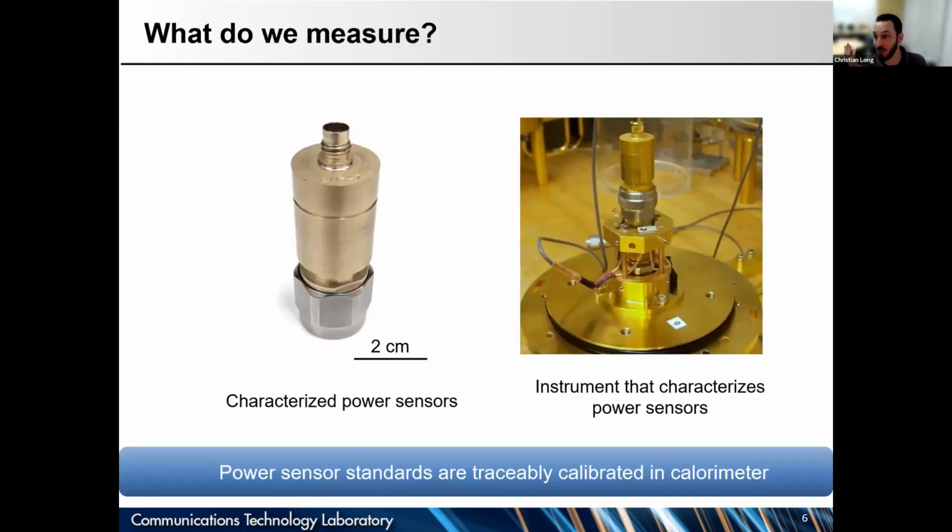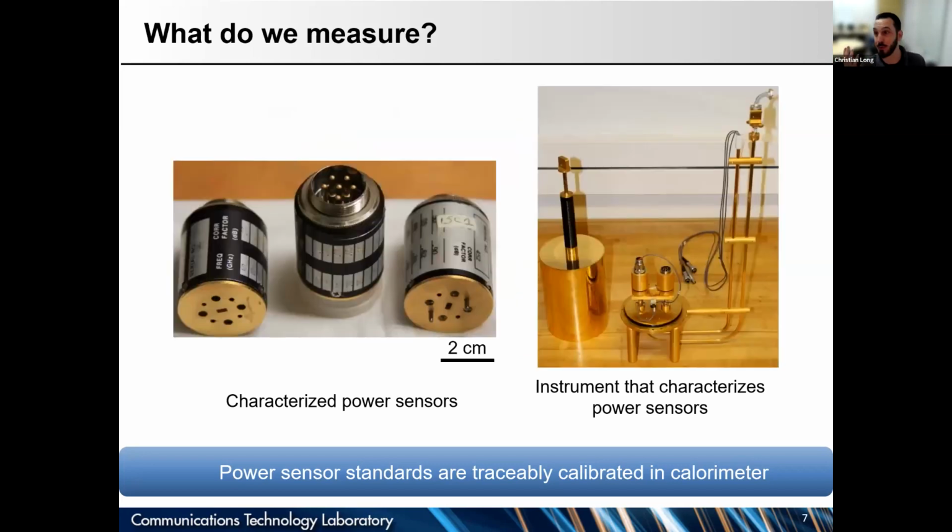So at NIST, one example of a kind of power sensor that we characterize is on the left here. It's a thermistor bolometer. And on the right is the kind of instrument that we put that power sensor in to characterize it. And we don't actually characterize power. Often in the metrology field, we're characterizing some properties of the power sensor, a calibration coefficient that corrects some raw power measurements made with the power sensor and makes them more accurate. And we're trying to get the calibration constants that correct the power measurements. So that's the thing we're measuring.